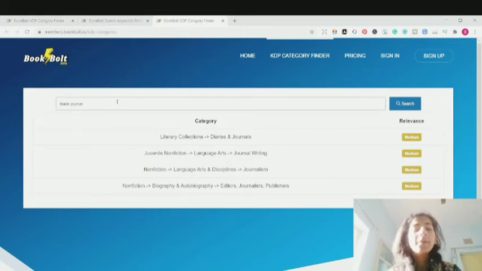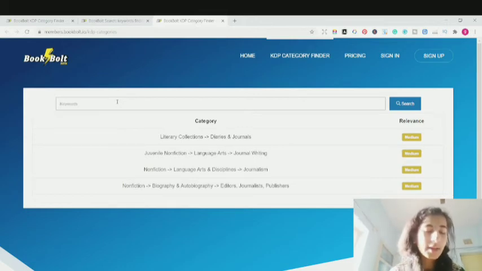But then when I started using this keyword tool recently, I found that it's quite easy for me to get started. I don't need to be confused. I don't need to think a lot about it. I just need to type that particular keyword and it'll list the categories for me. So I don't need to think a lot about that.